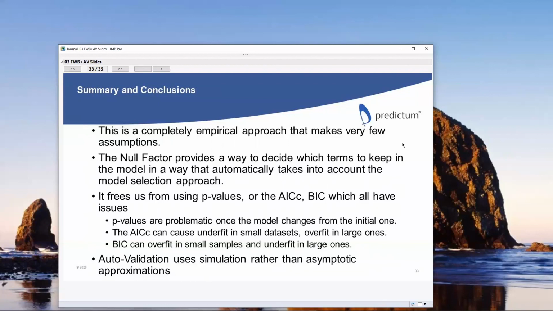That information is never used. The null factor can be used, it's up to you, as a calibration device to see which terms might be most important. And it does free us from explanatory modeling techniques like using p-values, R-squared, or the surrogates AIC and BIC,